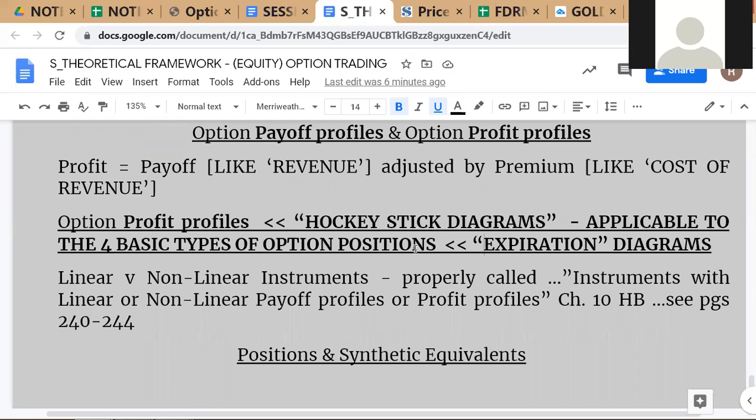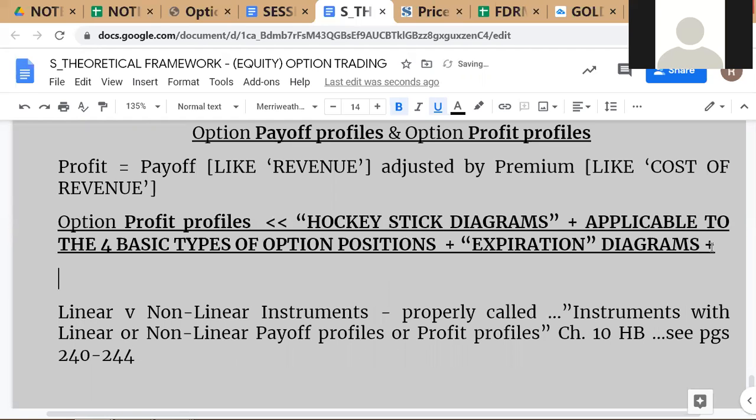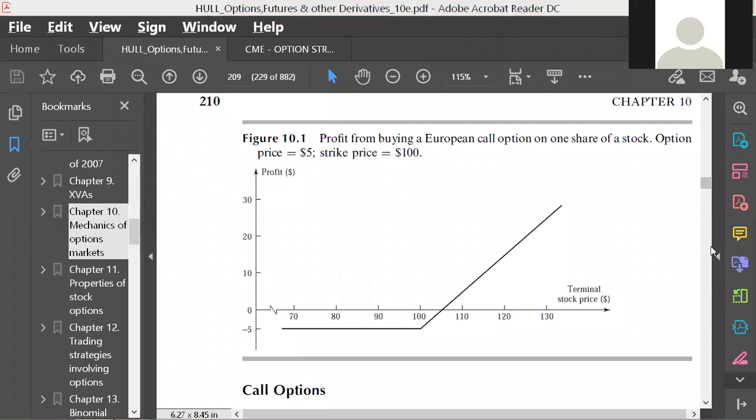These are for 4 basic types of option positions, which have been explained earlier, so I'm not writing them here. These are expiration diagrams, and let me put plus here actually. These are plus considerations. These are like this actually, but I put this here once, so the rest is all plus. So plus, these are expiration diagrams, and plus, what else was I going to write? Oh yeah, okay. These are